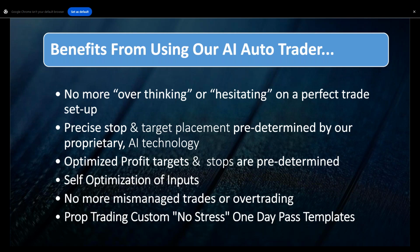All right. So the main benefit of the AI Auto Trader is it's going to eliminate those shortcomings that we have as humans. There's going to be no more overthinking, hesitating on where to get in or get out. It's going to put your stop and your profit targets in the ideal locations. What I really love about the system is it self-optimizes its inputs. This is what we were striving for. What I mean by that